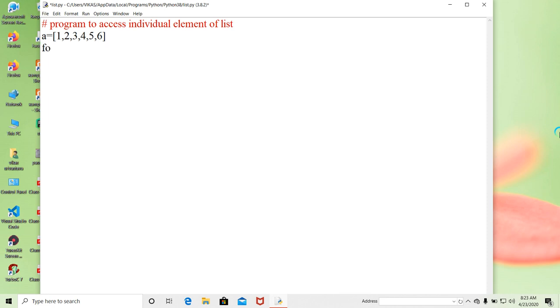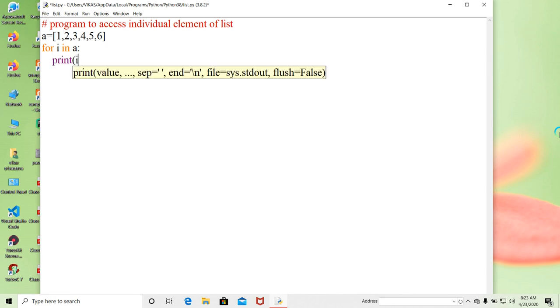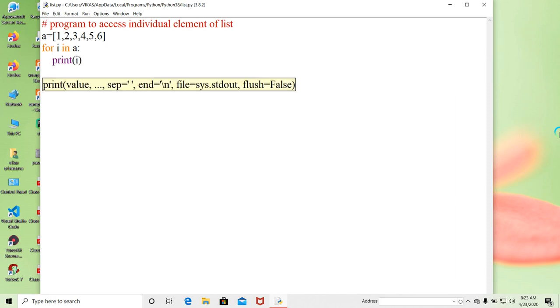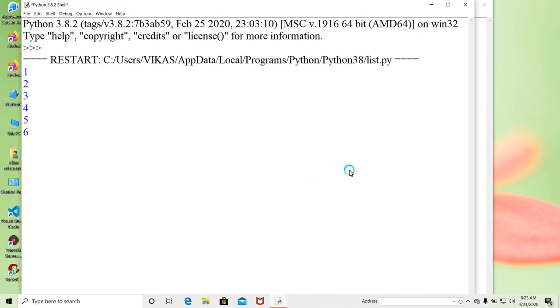What I will write: for i in a. Here in means it will access all elements one by one, and I am going to print i. So look here, we will get the output one element in one line, because print automatically changes the line.